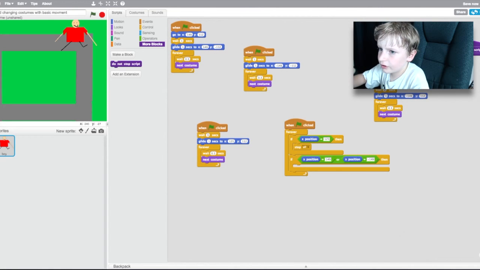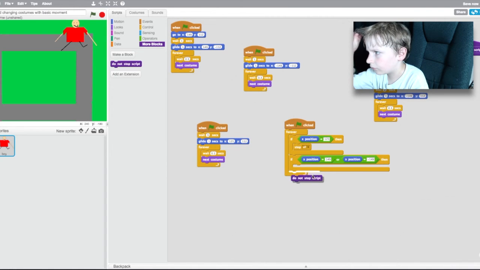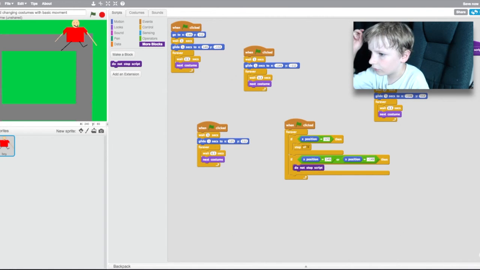I'm going to put it here. The definition block right there. So the definition of do not stop script is going to be